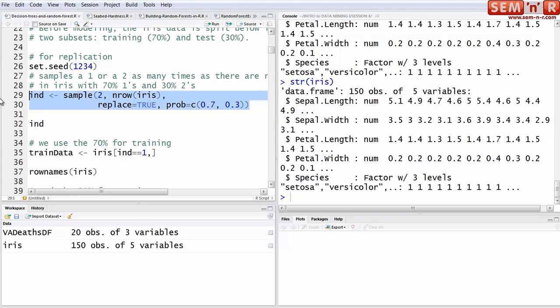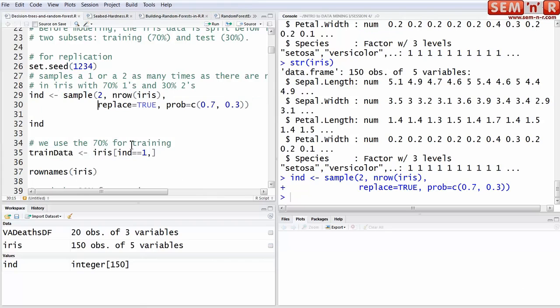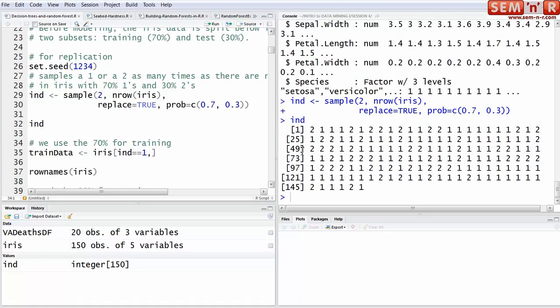And so it's associating either a 1 or a 2 with each row just by the order in Iris. If we look at this outputted object, we see that it's 150 1s and 2s, where 70% of 150, I guess 105 of them, are 1s, and